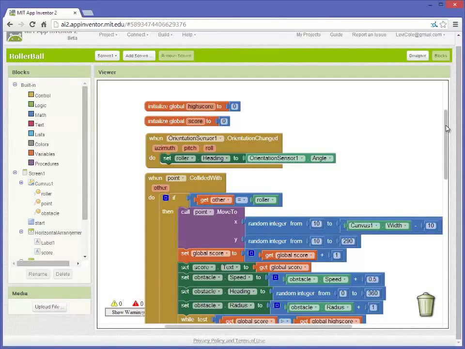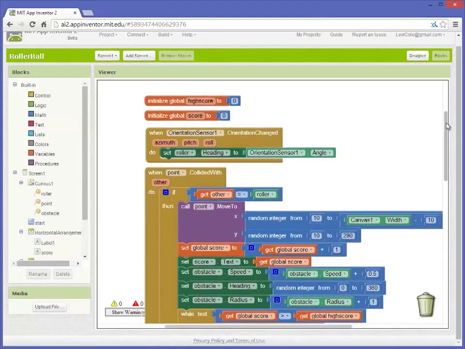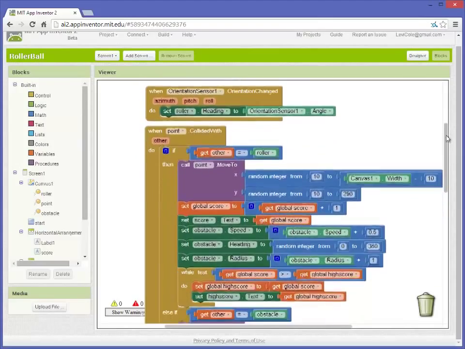So now we have a game where you can control your ball to try and score points, and you have an obstacle that gets in your way and works against you the farther on in the game you get. I'm going to scroll through all of the code one time in case you missed any of the steps, and